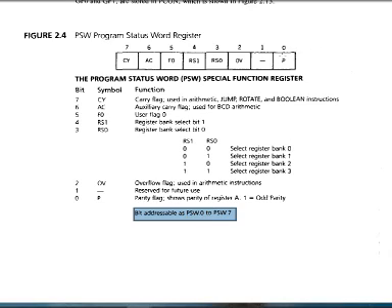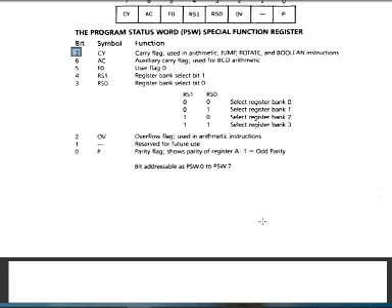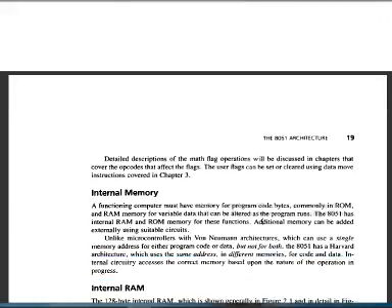PSW dot 0 means you will be able to address which bit? This parity flag bit. If you are using PSW dot 2 means you are talking about this overflow flag bit. And same way for carry flag, the PSW dot 7, this 7 bit will be used for carry flag. So each and every bit is addressable in 8051 microcontroller.